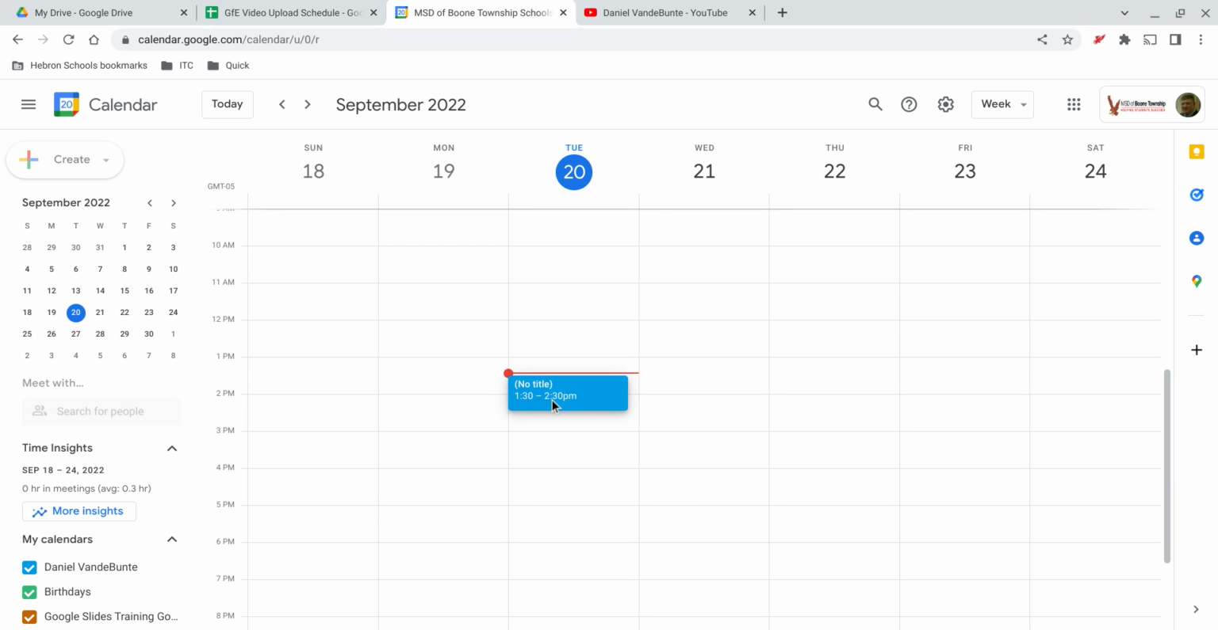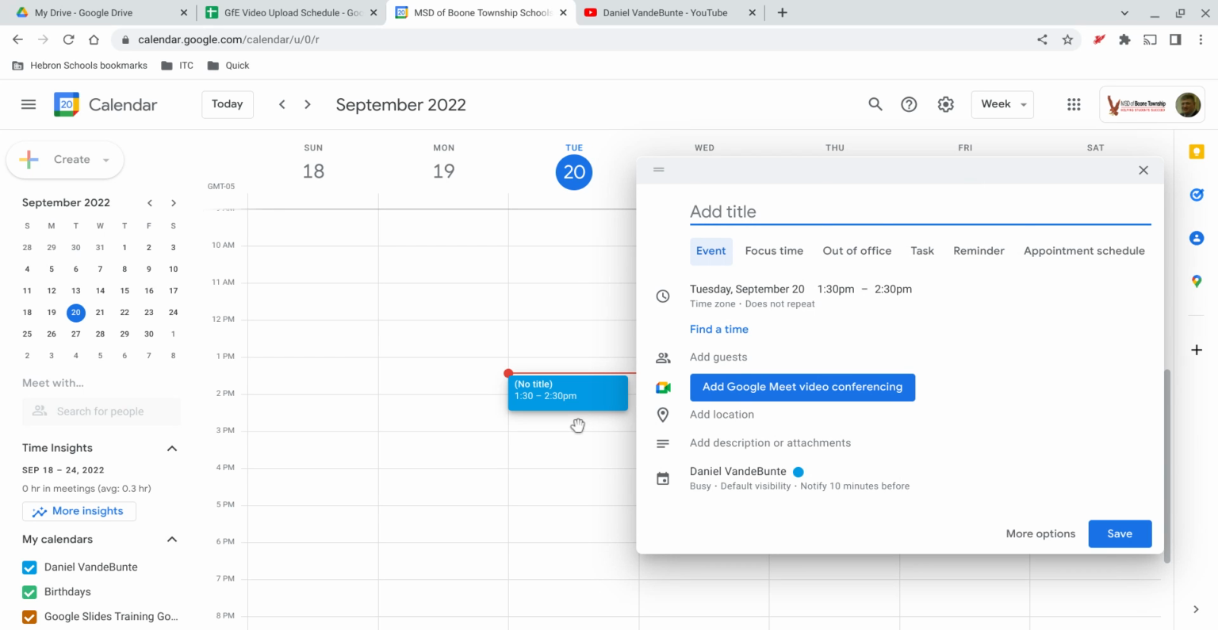So I'm just going to click here. So that was pretty close to 1:30. So notice I get this little bubble that pops up, no title, but it starts at 1:30. Right, that's a quick way to get the default start time for the event to be reasonably close to where